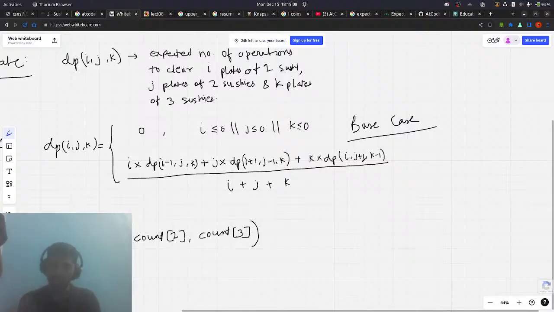Or yeah, it can be done, because when we need i minus 1, we need the jth dimension, but when we need i plus 1, we need j minus 1th, which would have been solved already. And when we need j plus 1, it is for k minus 1. Okay, so I think if we run a loop,